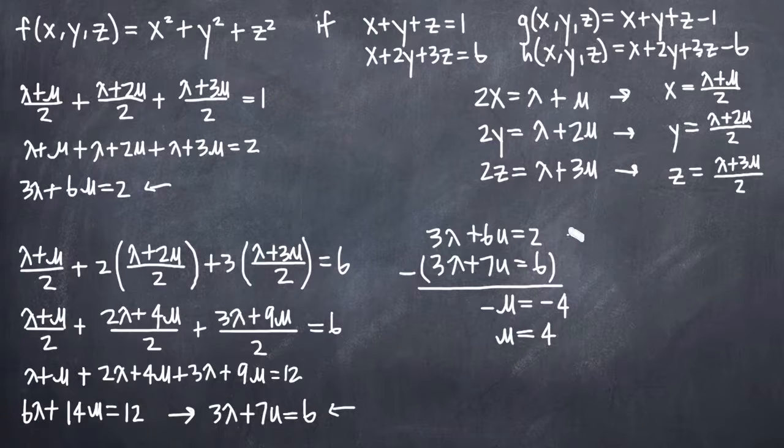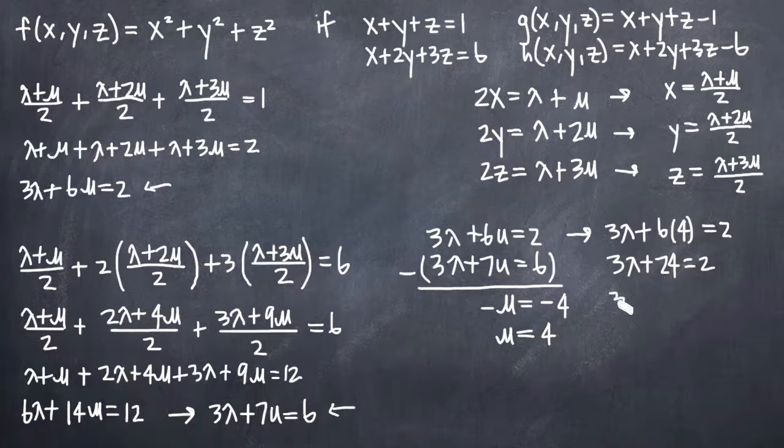If we plug that back into our first equation here, we'll get 3 lambda plus 6 times 4 for mu is equal to 2. 3 lambda plus 24 equals 2. 3 lambda is equal to negative 22, which means that lambda is equal to negative 22 thirds. And now that we have values for mu and lambda, we want to plug those into the right-hand sides of our equations for x, y, and z in order to solve for the values of x, y,